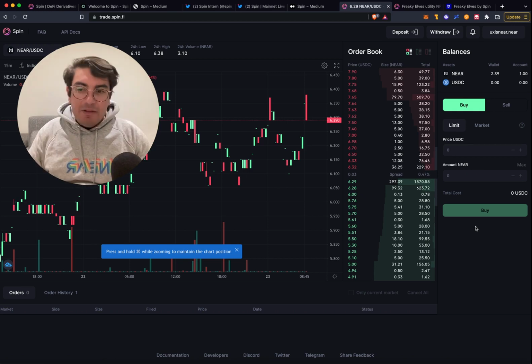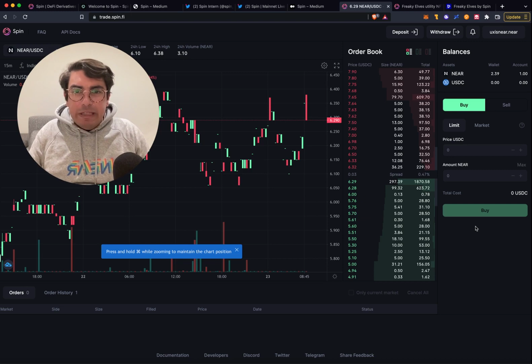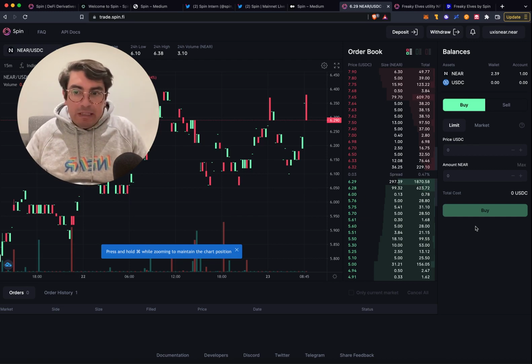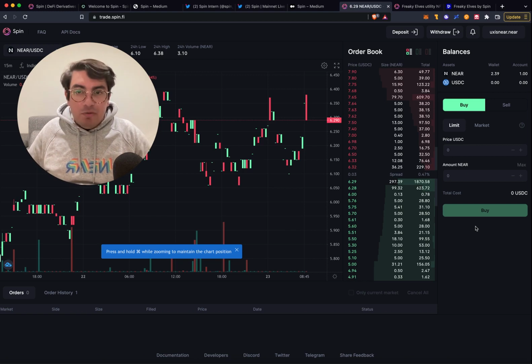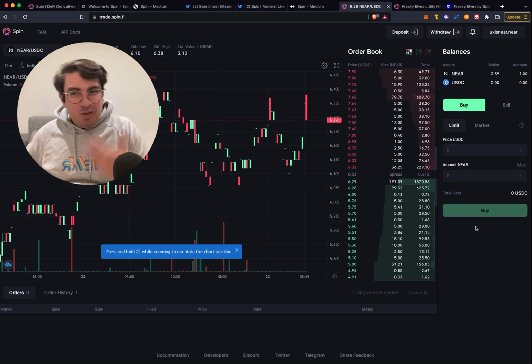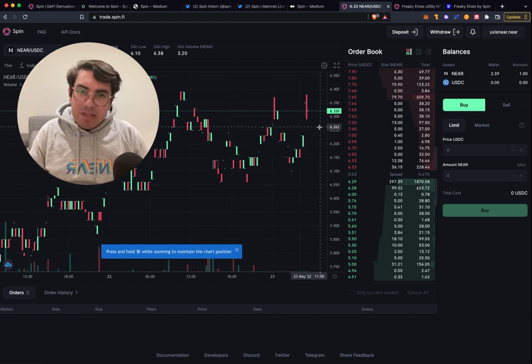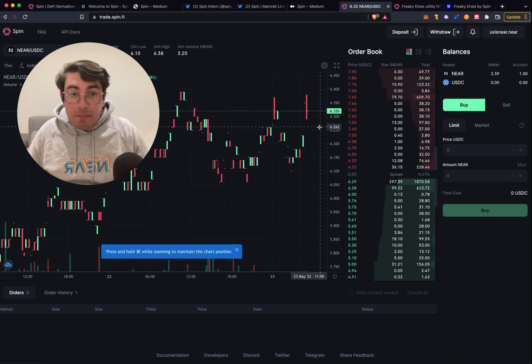The third problem, it's kind of a weird one, and it really gets me excited. It makes me bullish about DeFi, and it is that because cryptocurrencies are not securities and they're not really regulated in the same way that traditional financial products would be, centralized exchanges really do have a lot of leeway to do a lot of dubious stuff. I believe it is getting better. Now they have to comply with KYC. And I don't know what the BitMEX founders did, but they're in prison now. So I guess there are some illegal things. But overall, there is very little oversight.